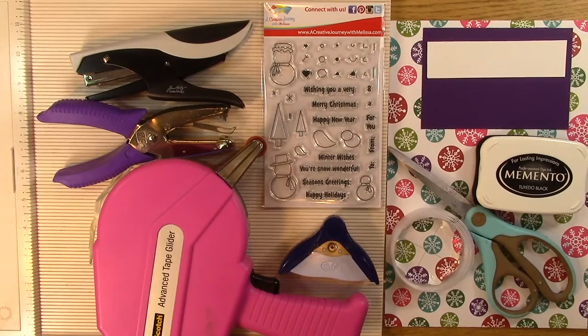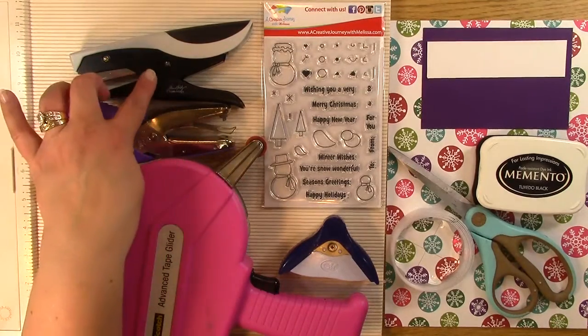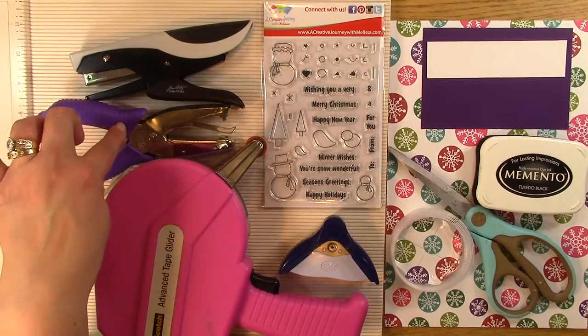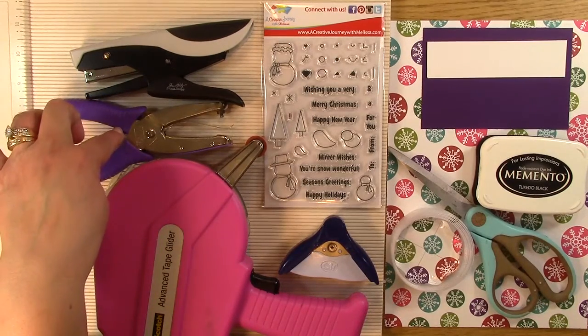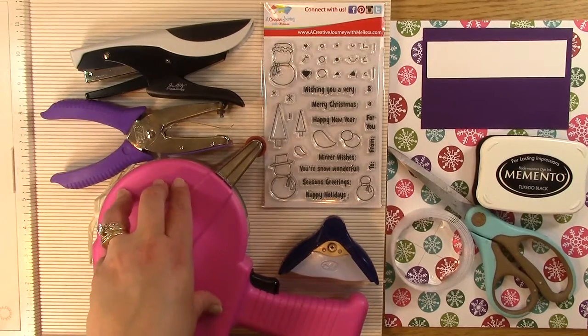But I'm really excited. This is a really cute project, but I want to show you first what you're going to need. You're going to need a stapler. You can use the mini stapler by Tim Holtz, which is what I'm using, or you can use a regular one, totally up to you. We have an 1/8 inch punch. So it's not the regular hole punch, it's a little bit smaller than that. We have our ATG, it's Advanced Tape Glider. It's the ATG